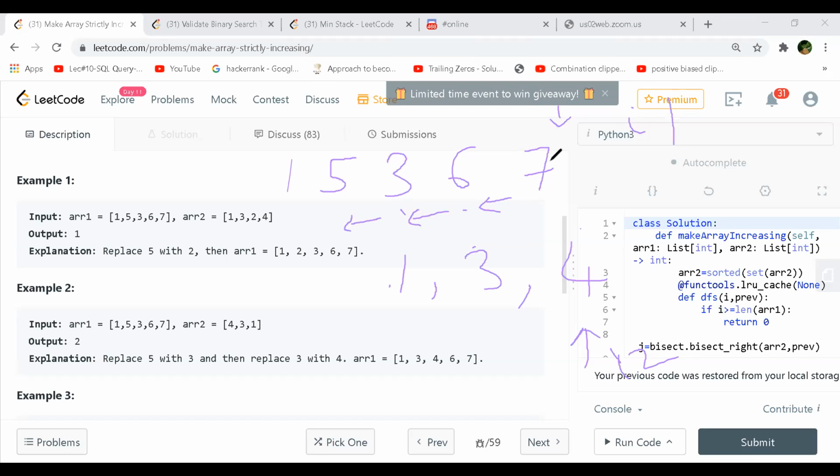Yes. So even if it is strictly increasing, we can try changing it to the minimum value which is greater than the previous one, and then keep updating the previous and keep checking all the possibilities and take the possibility which has the minimum number of operations. And it may happen that the array won't be strictly increasing, then the answer we can return -1.